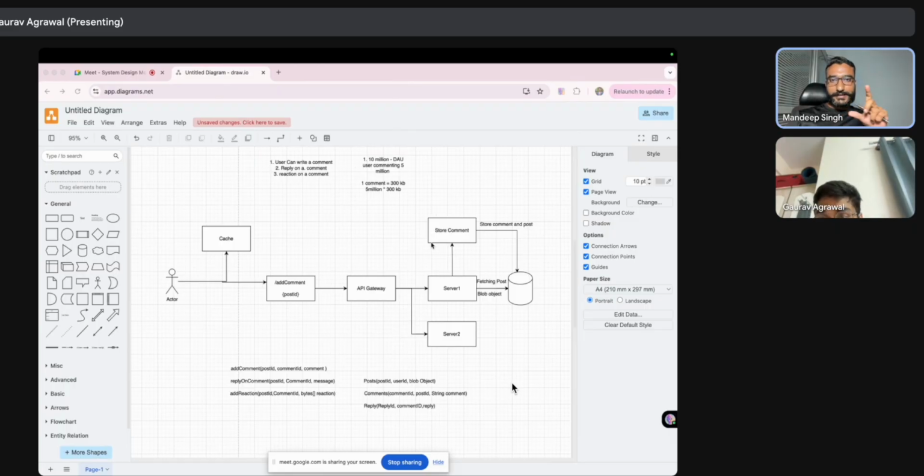On the one part we discussed at last, handling the read part: the system could be really read heavy, and for celebrity users it will be really read heavy. So we have to introduce some kind of mechanism so that we are not hitting the database. We introduce some sort of caching. We definitely have read replicas, but again, if it's a celebrity user, you will introduce a lot of load there.